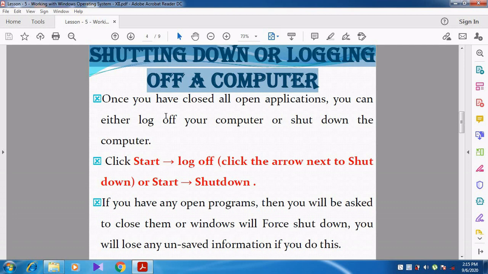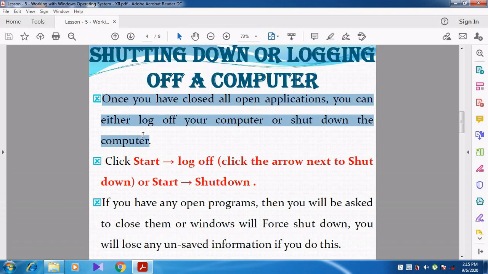Right. So now we are going to see how to log off the computer and how to shut down the computer. Once you have closed all open applications, you can either log off your computer or shut down the computer.